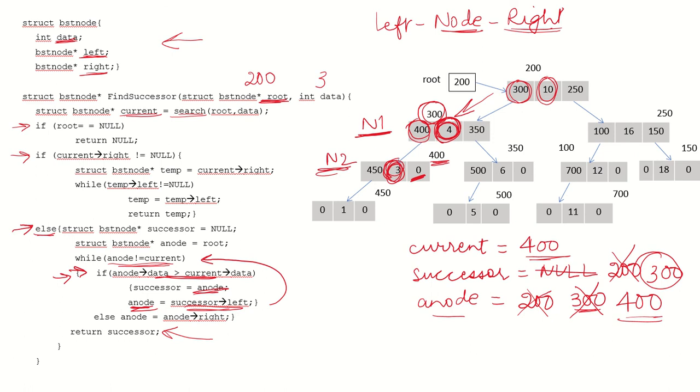So this is the logic that we have to follow to find the in order successor of a node in a binary search tree. Similarly, you can use the same logic to find the in order predecessor also.